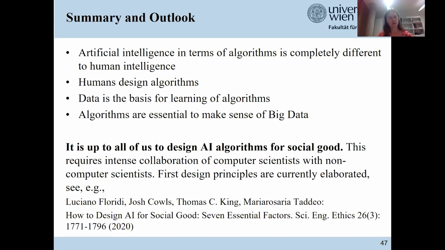And what I gave you to read, as Lukas Schlögl mentioned, is this paper, which identifies some essential factors of how to design algorithms for social good. I must also say that I see it very critically that a lot of money is spent in the military domain, for instance, and not all people around the world are working towards algorithms for social good.